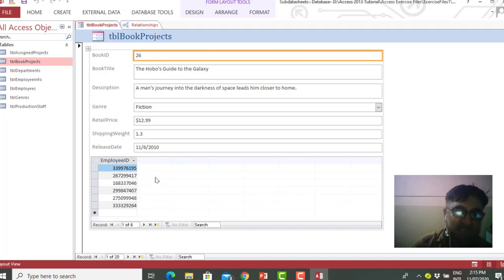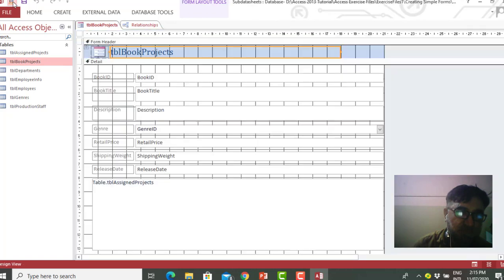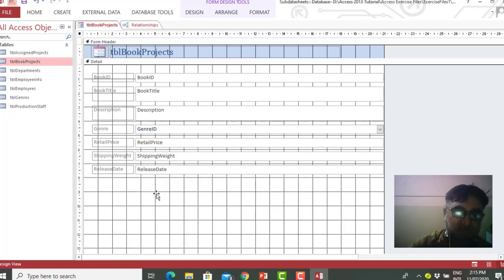We can simply delete this by going to design view, clicking here and pressing delete on the keyboard. This way we can delete this unwanted automatic subdatasheet.